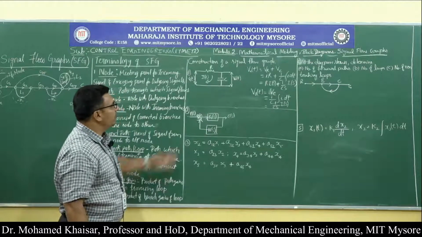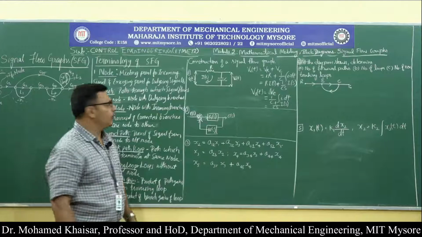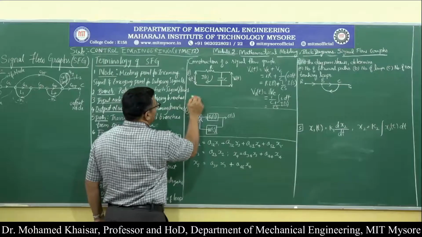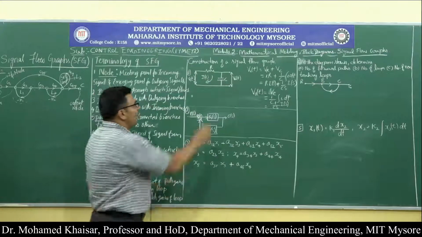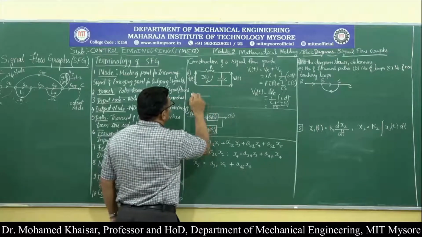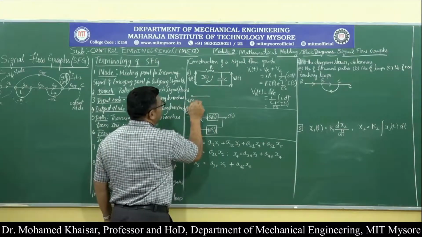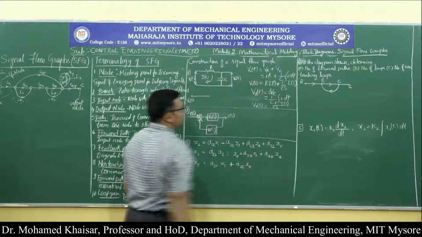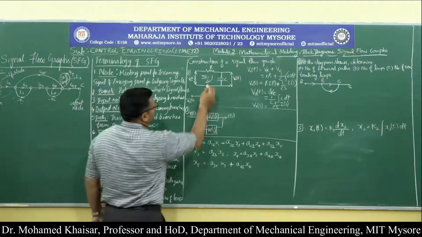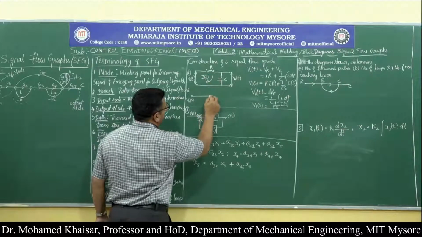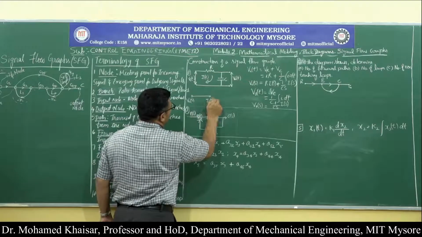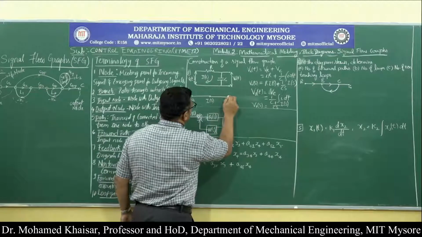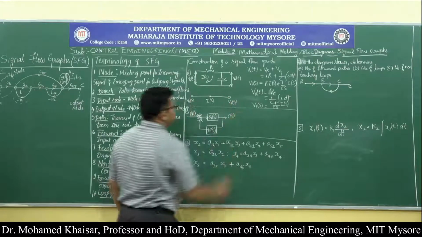Now let me try to draw the signal flow graph for this. What is the starting point for the circuit over here? It is Vi of t. I will make that one node. Then what is flowing inside the circuit? I will write it as Vi of S, because the moment you apply Laplace transformation, t can be replaced by S. Now what is flowing across the circuit? Current I of t, and this now becomes I of S. Then what is the output that we have got at the end? It will be V0 of S.